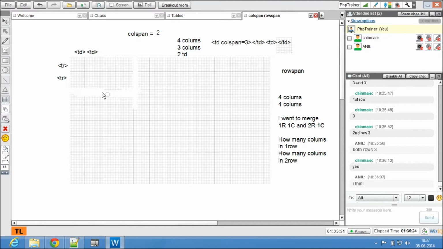This is our table, right? So forget about the rest of the part. I'm going to merge these two. Now tell me how many columns are there in the first row and how many columns are there in the second row? Sorry, columns, I'm sorry.